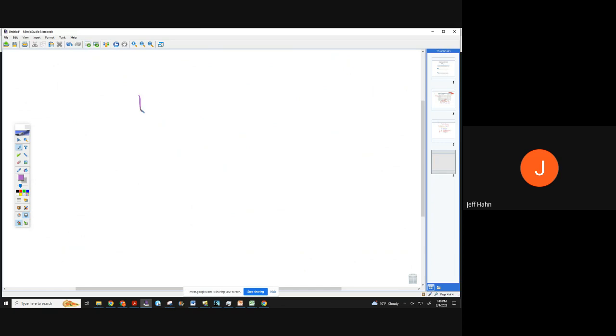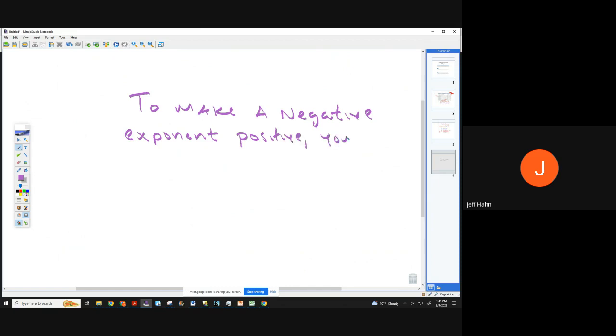To make a negative exponent positive, you move the number and its exponent from the bottom to the top,